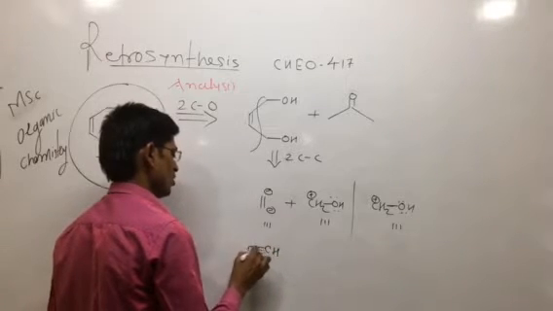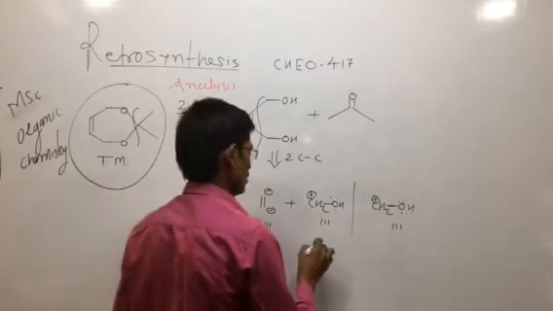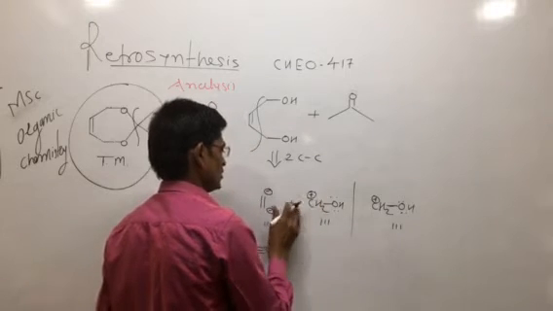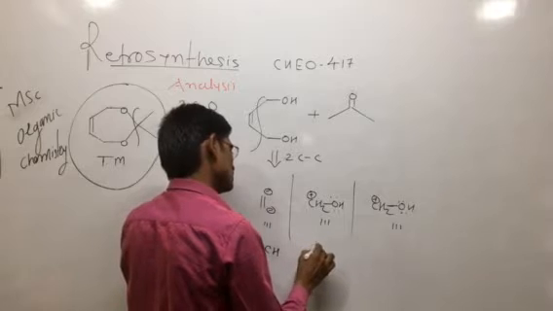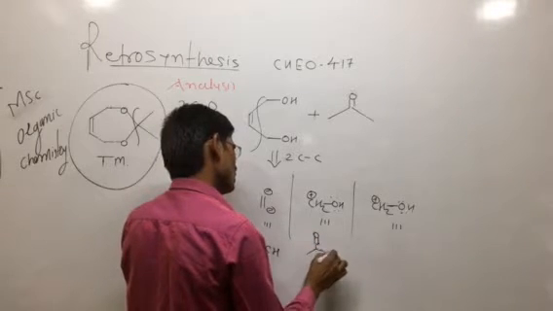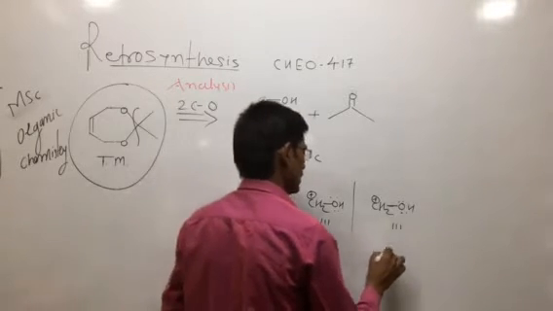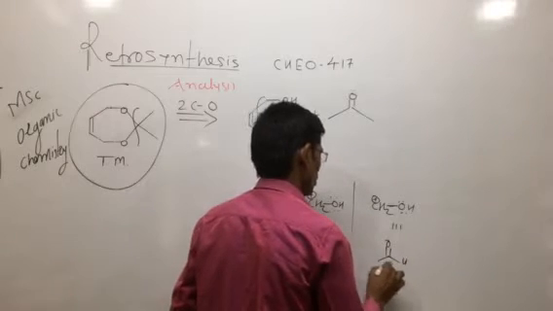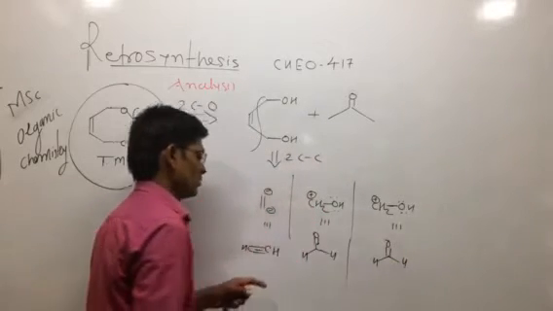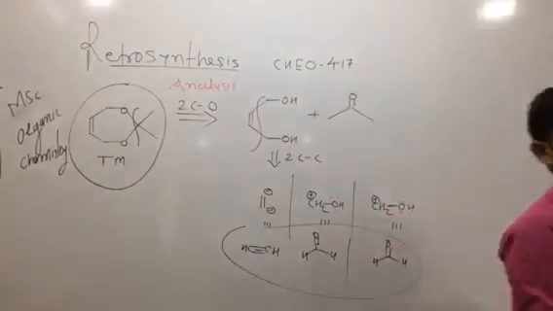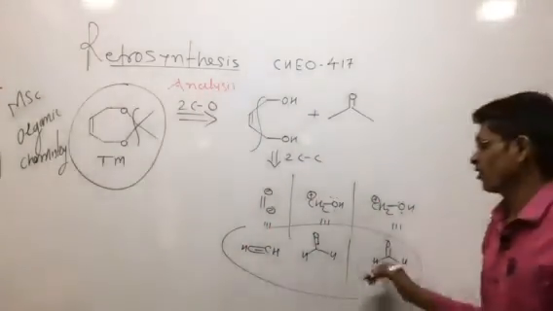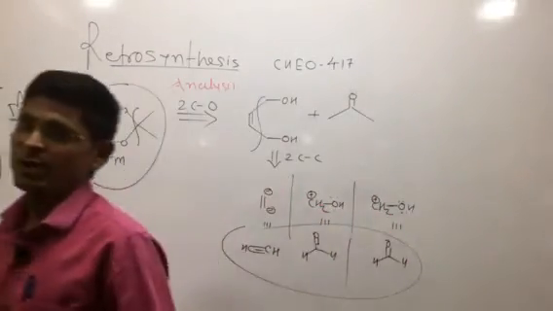The synthetic equivalent of such types of compound is called CH triple bond CH. Again, the synthetic equivalent of this other compound is C double bond O, H, formaldehyde. So we will get these types of substrates as reagent species, that is the alkyne and formaldehyde. Then what is the plan of synthesis?